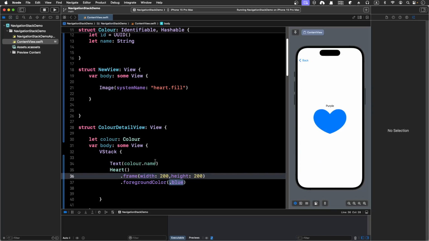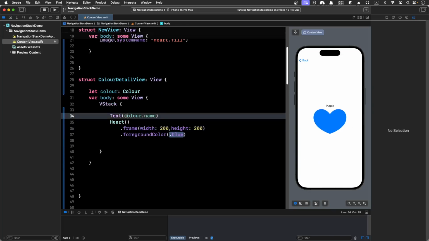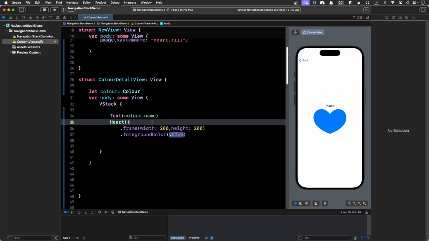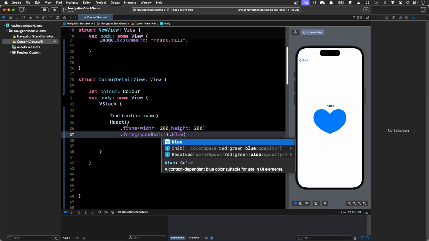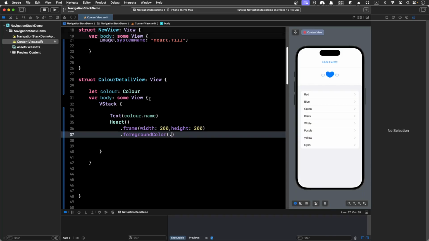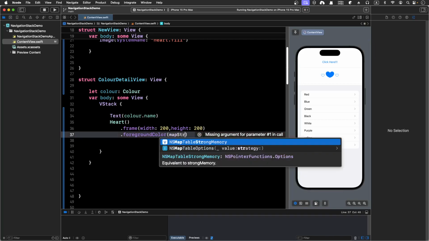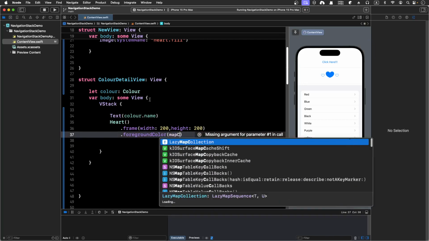So I'm going to pass the color name info, and yeah, maybe I'm going to write a mapping function. So every time I call it, I'm going to map it according to the string text. So let's try to do that. So I'm going to map our color string